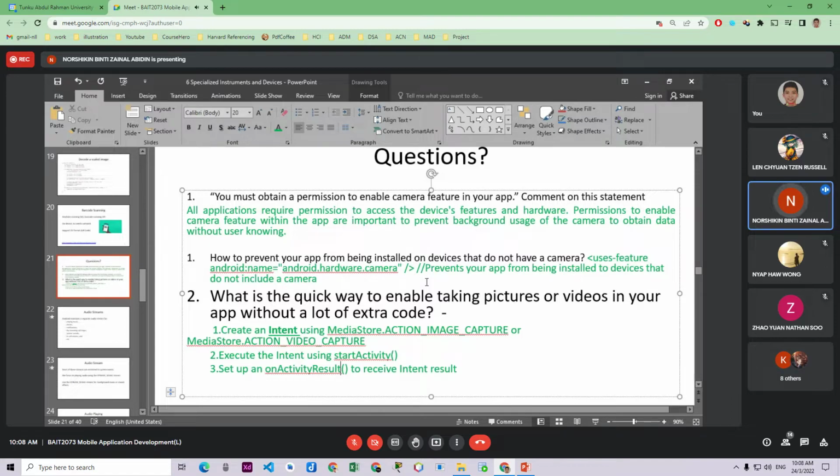So this one is for the first one. That means you just use the existing camera. This is the term that I highlighted here, the intent. This is important. That means you just use the intent, with minimum code.